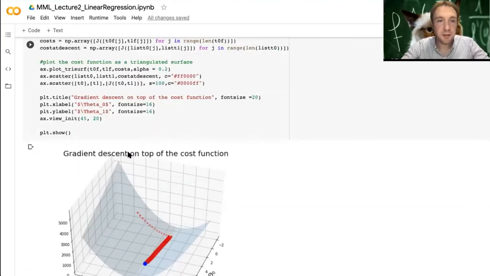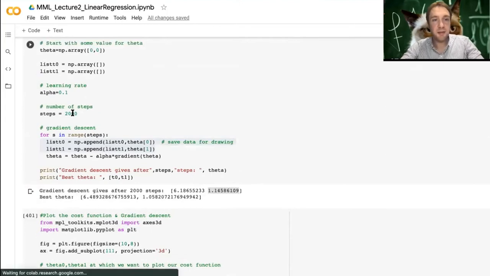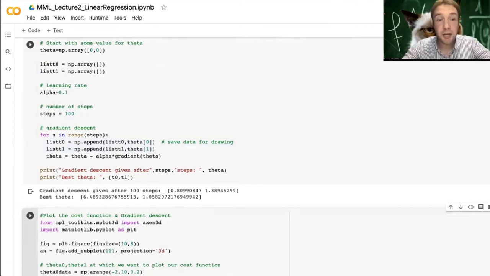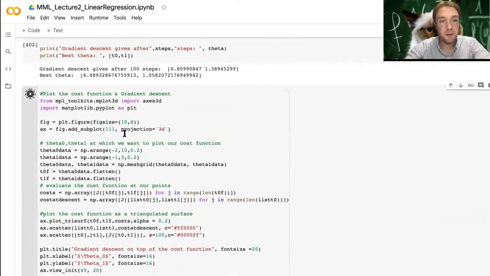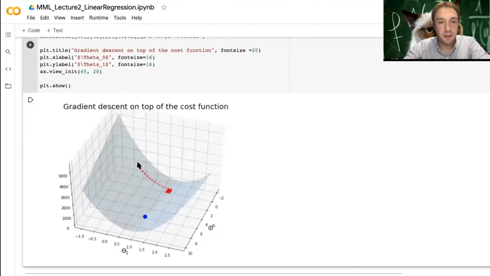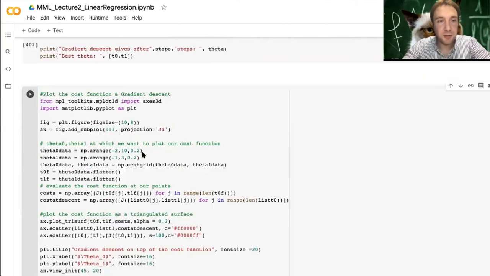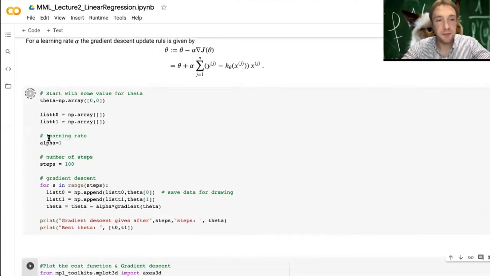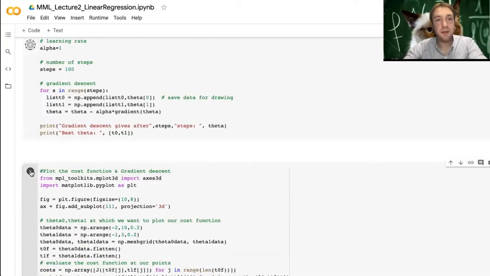So now we can check what happens if we again decrease the number of steps. So for example, if we just take 100 steps and plot this again, then we see here, we go down and then walk around, and after 100 steps, we are just here. And maybe now let's increase the learning rate. So the learning rate tells us how far we walk in each step. So if we take this 1 and we plot this again,